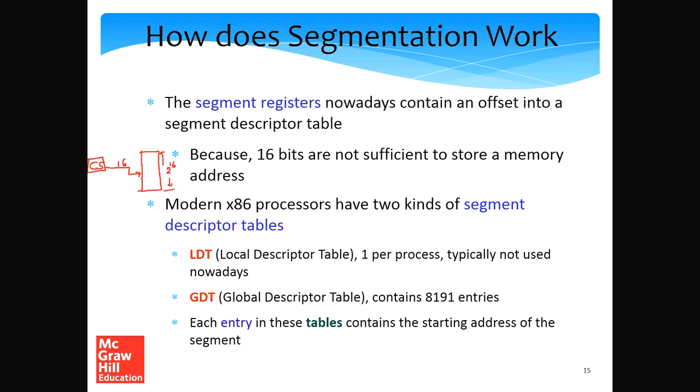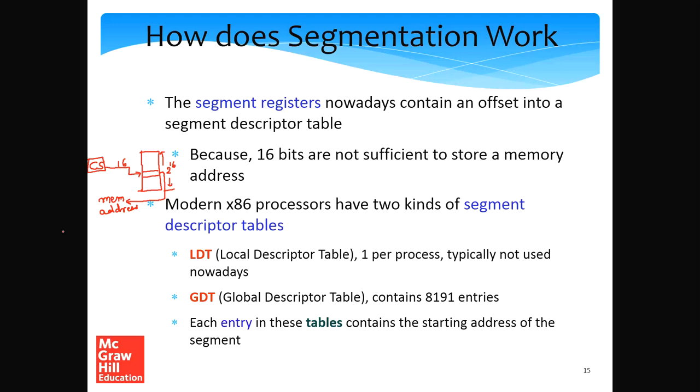So this entry will actually point to a memory address. Think of this entry as actually being a memory address. So this is how modern processors work, that we still have 6 segment registers which can be modified by the